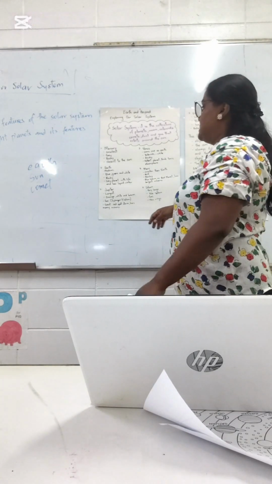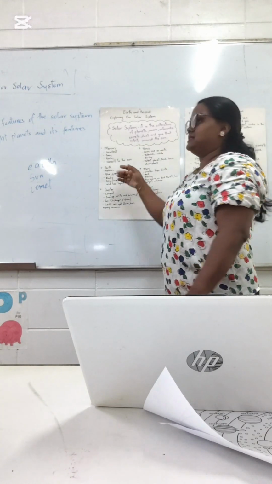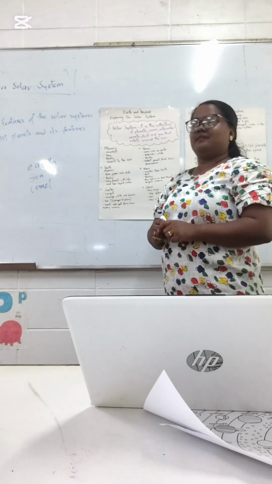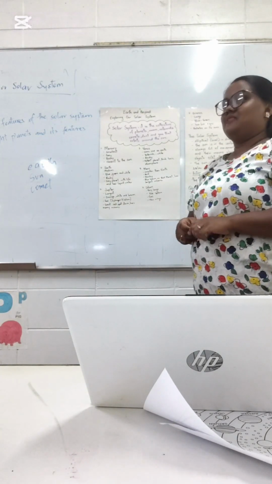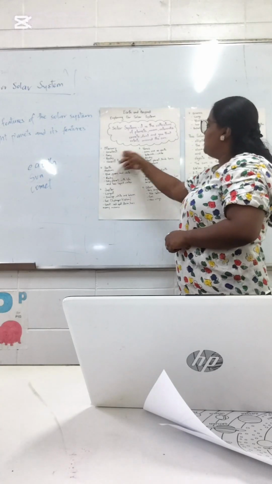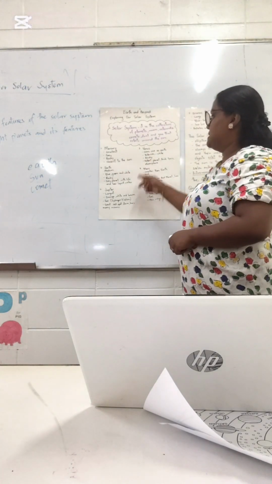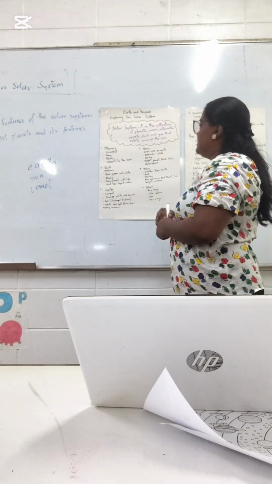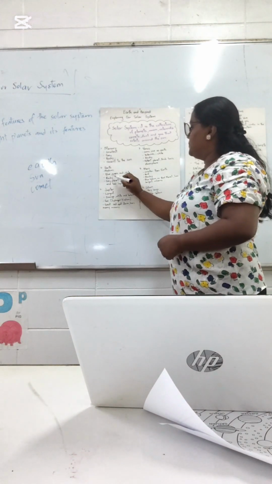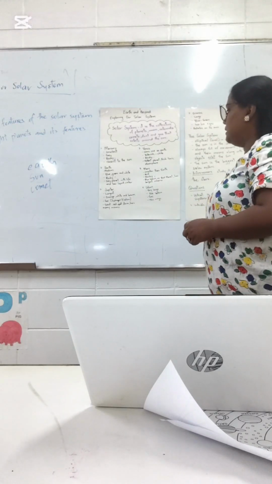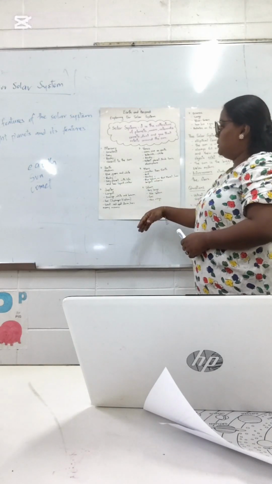Class, have you noticed anything in these 4 planets that is similar? Yes. Right. So these 4 planets are the inner planets in our solar system, and their composition is very similar. It is rocky. And if we move to the outer orbits,